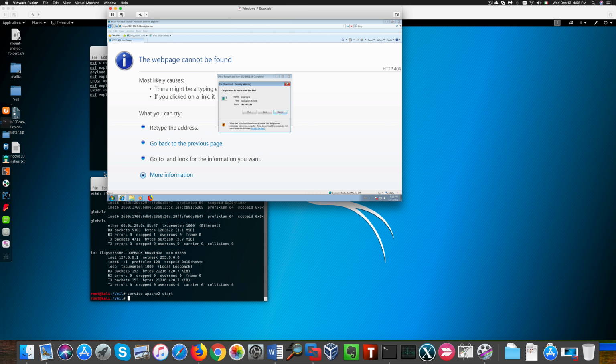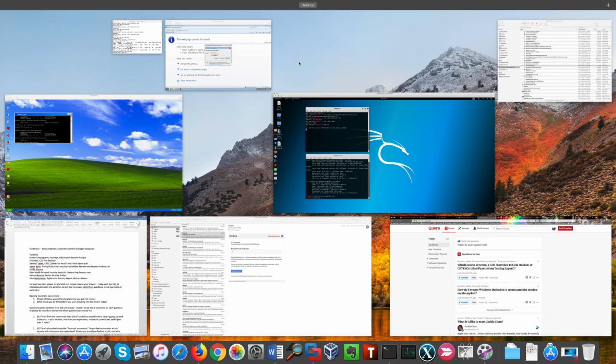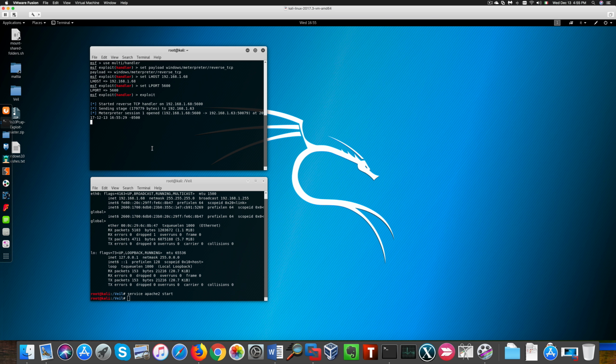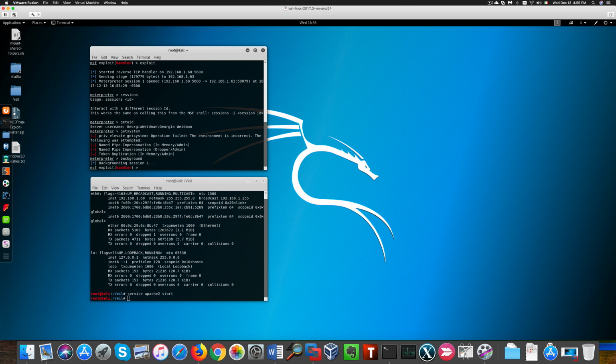I'm executing the payload and running the exploit. All stuff you guys should be familiar with. You'll notice no antivirus alert goes off, which is pretty good. Our session got opened,